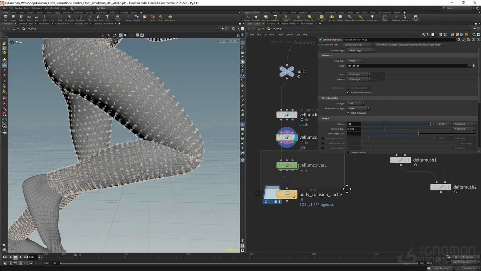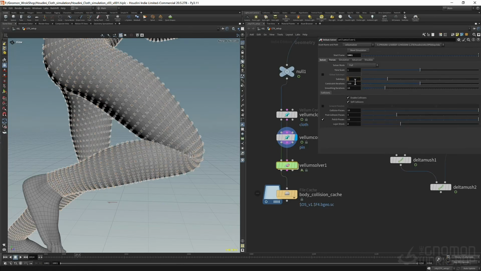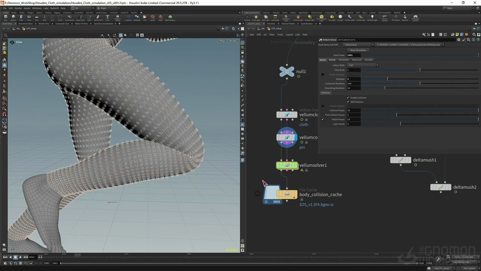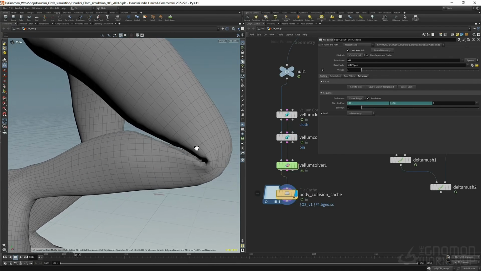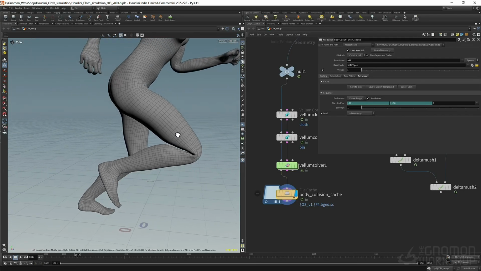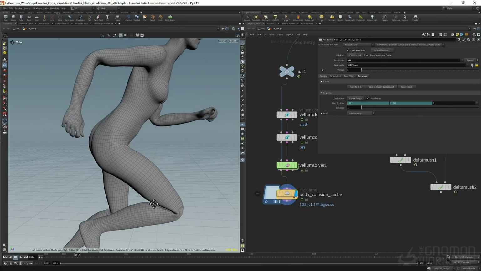So here I kill the gravity. We don't need any gravity, and I add 3 substeps and nothing else. Like this, only these changes. Kill the gravity and add 3 substeps, and I did the cache, and you can see this is the result from the cache directly. So sometimes using this method is much more accurate, much better for you. It depends on your geometry, but